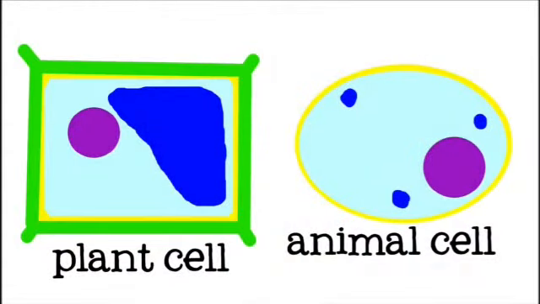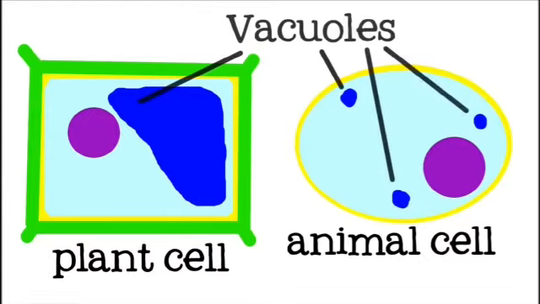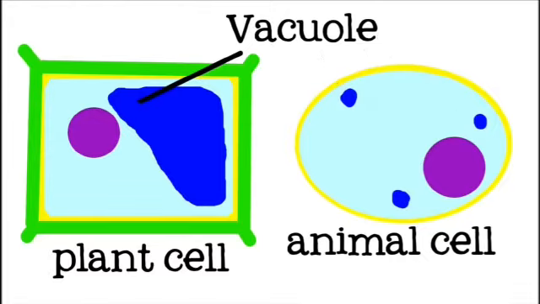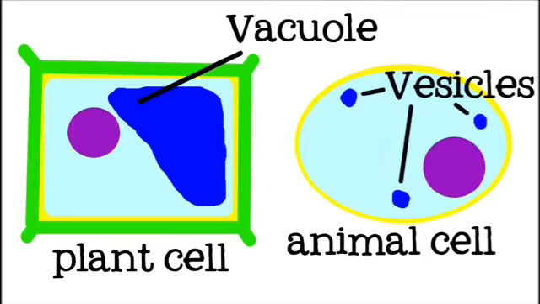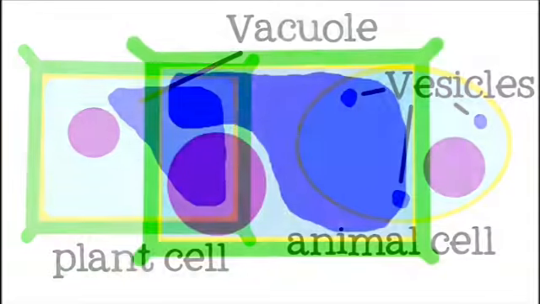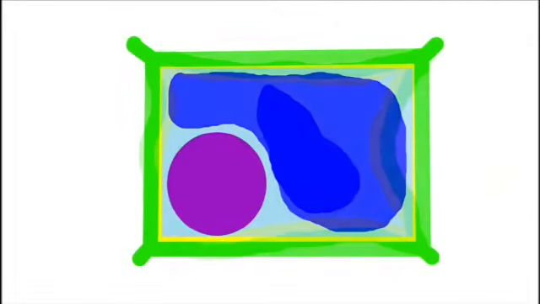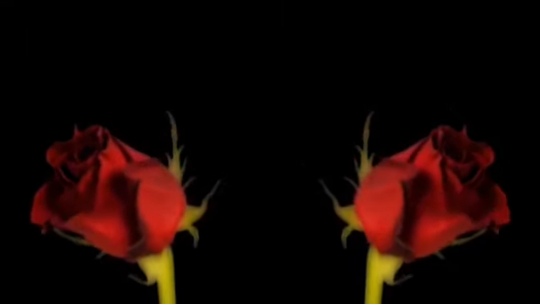Next is the vacuole. They are basically for storage purposes. Water and other materials are stored. Usually plants have one large vacuole, but in animal cells there are many small vacuoles which are called vesicles. Vacuoles are often the largest organelle in a plant cell. But when a plant does not get a sufficient amount of water, the vacuoles shrink. This results in wilting of the plant.